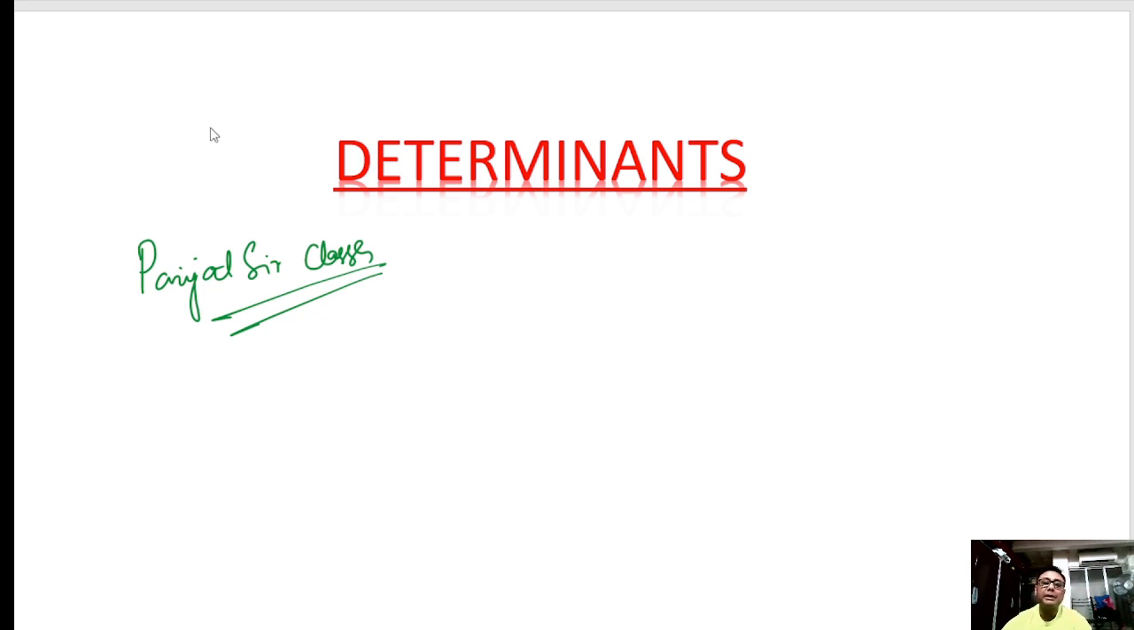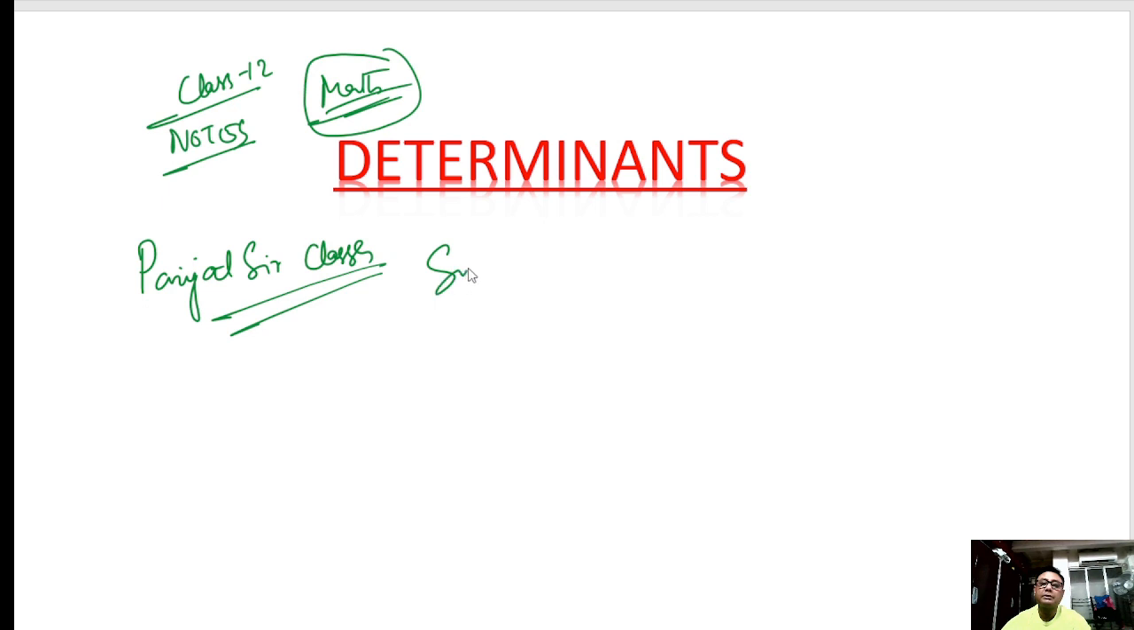Because I am making the notes for you, especially class 12. This is class 12 mathematics. I am trying to discuss the maximum type of numericals and all the variety of numericals, covering the whole syllabus. This is the full syllabus covered